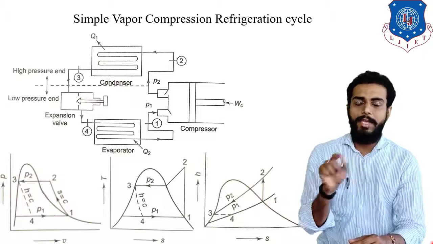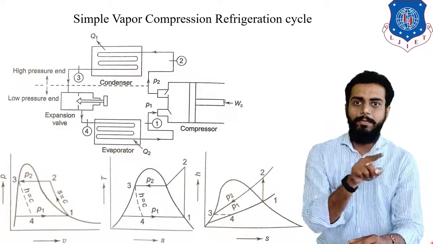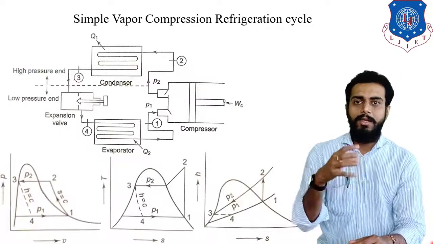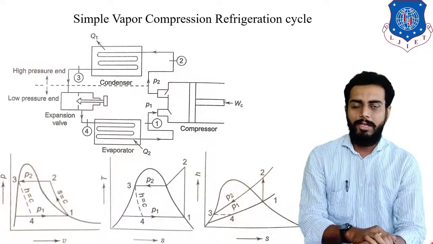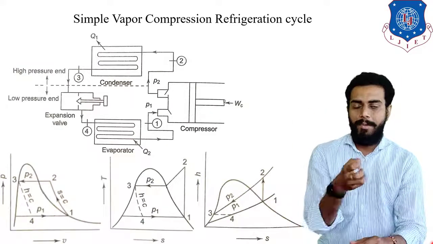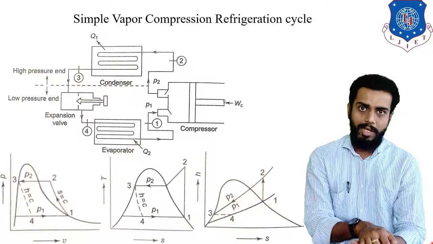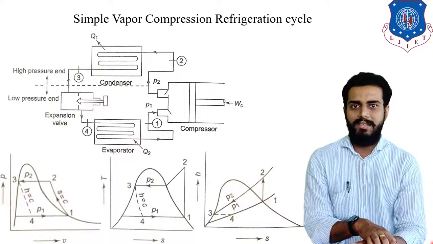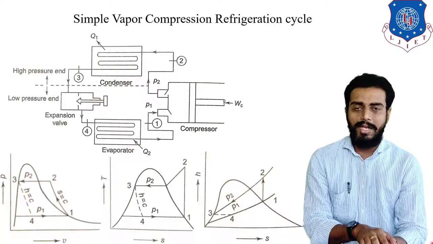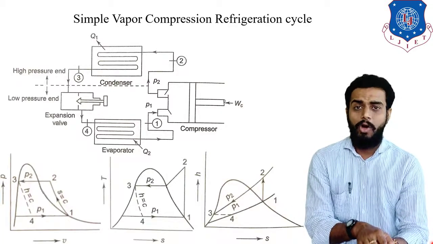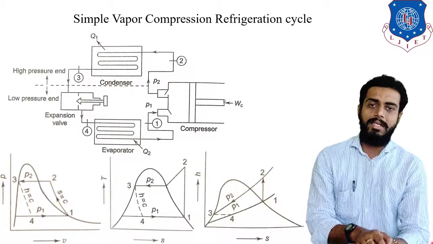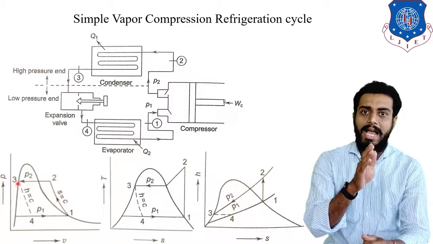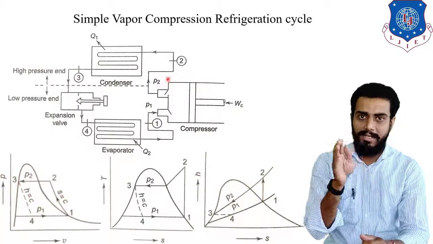From point number 2, observe the block diagram. The condenser is nothing but a kind of heat exchanger, wherein through a tube you are passing the vapor refrigerant, and the tube is in contact with the atmosphere. So the vapor will be condensed into liquid by rejecting heat to the atmosphere. That is why the condenser section is usually provided at the back side of the refrigerator. That is why the back side of the refrigerator is generally hot, because the condensation heat is rejected to the atmosphere.